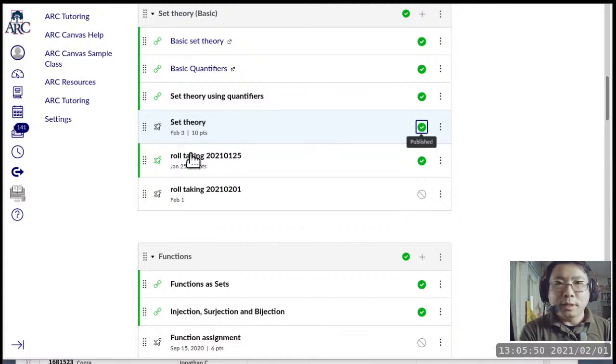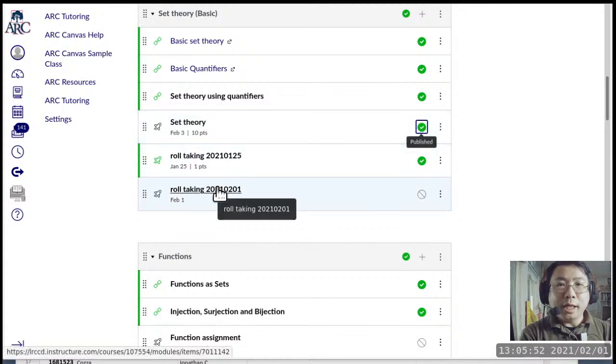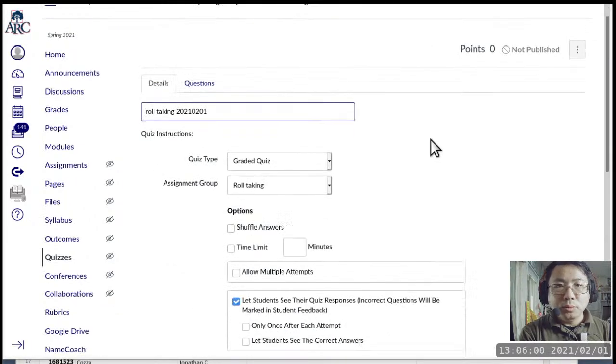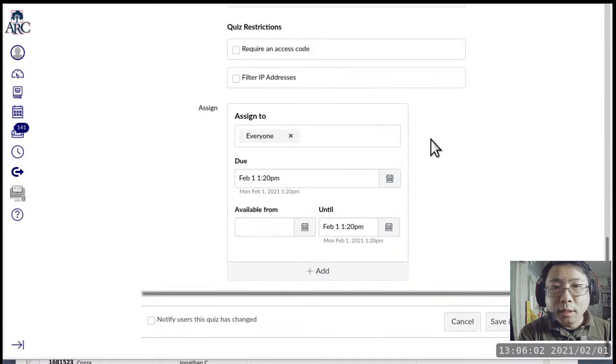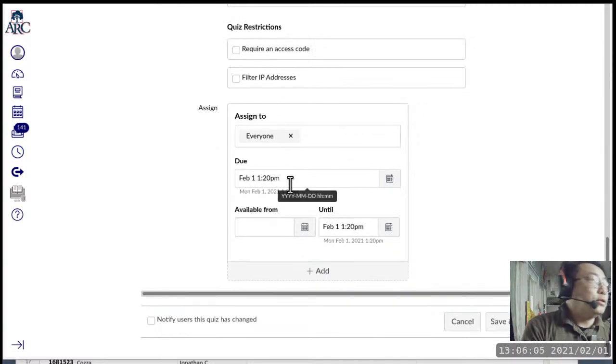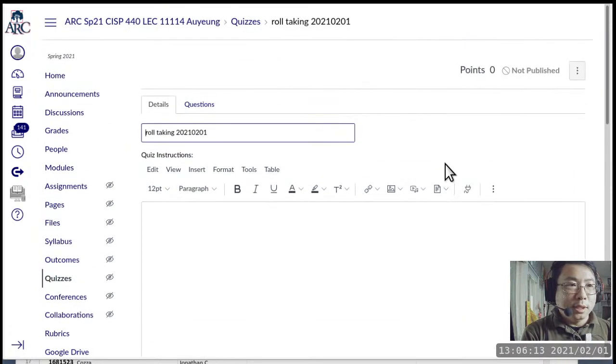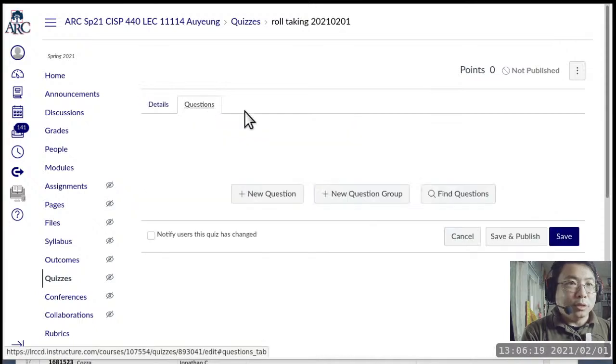Now we will take a look at the row taking activity for today, which is going to be fun. So we'll go take a look. This one is due by the end of today's class period, so we got about 14 minutes to do this. So I got to show you what those words are. You mean the row taking activity? It is a quiz, but it's not released yet, because I want to show you the answer first.